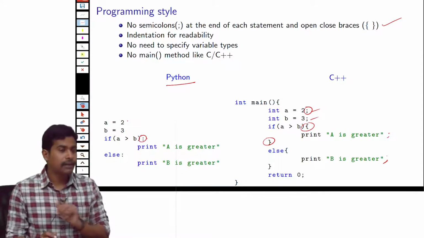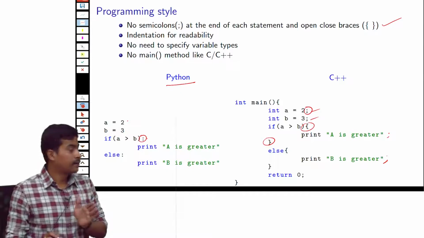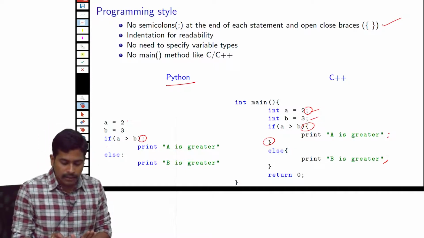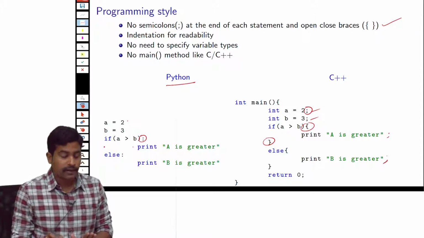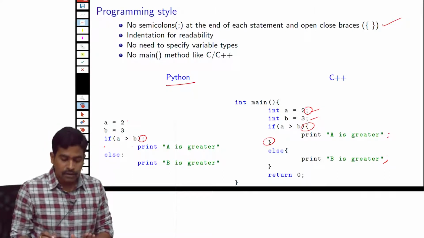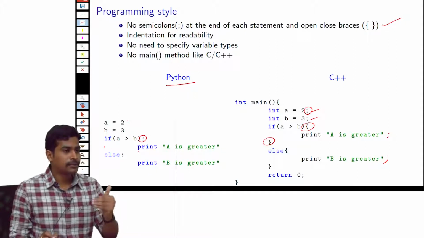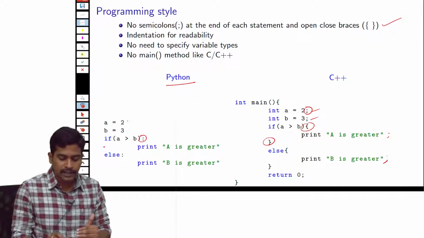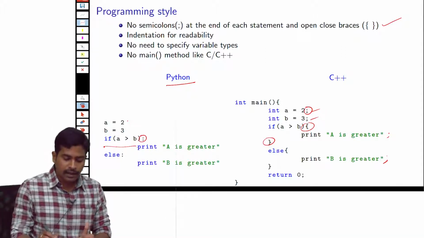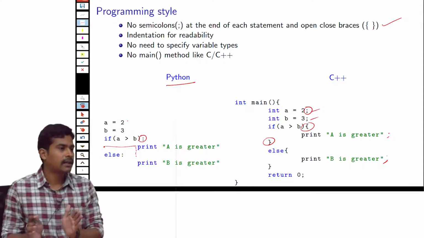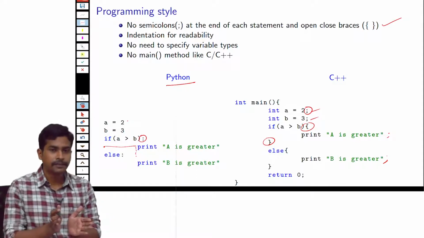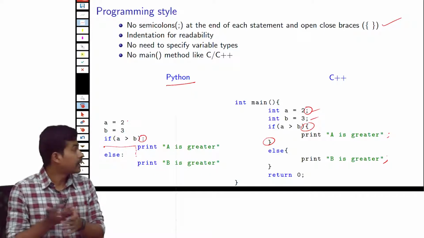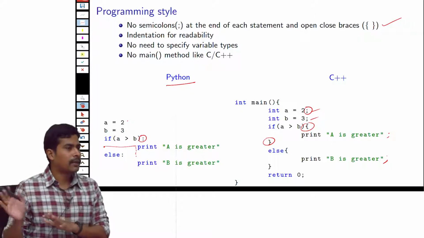After the colon symbol, if you press the enter button, the program doesn't start from this point, it shifts about 5 spaces to this location. So the Python interpreter will know which part is included in this if statement by looking at this extra space. Whatever lines you write after the if that have this amount of spacing will all be considered part of the if statement. That is another significant difference between other programming languages and Python.